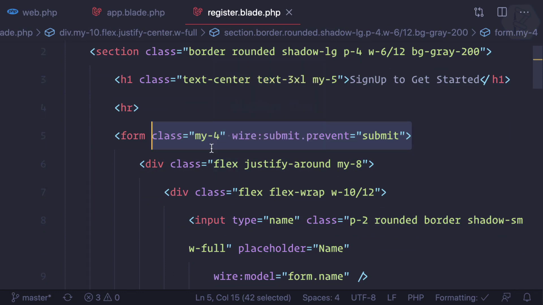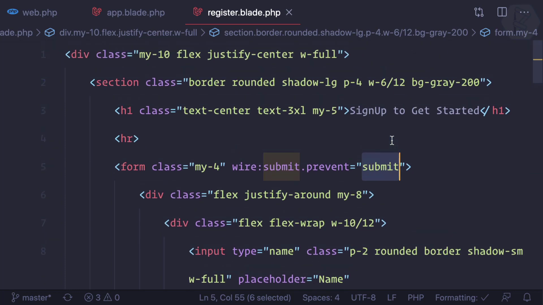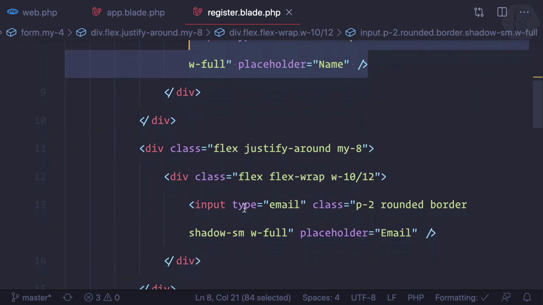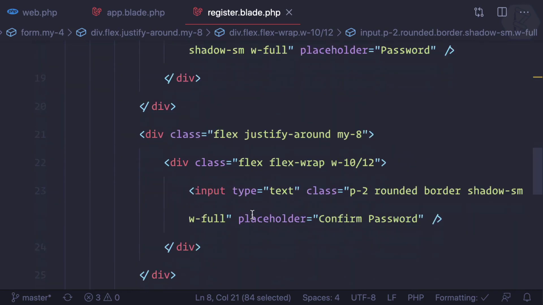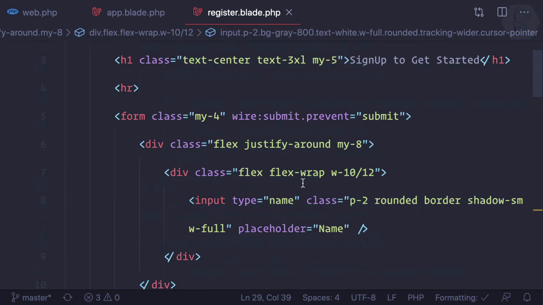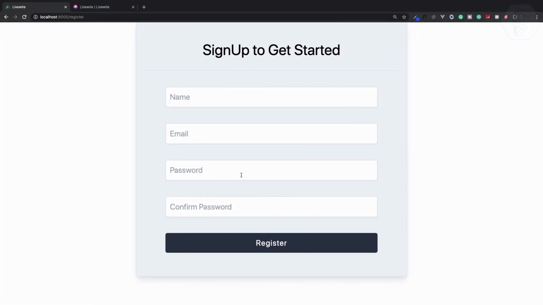In this form I have given wire:submit.prevent. This means we need to create a submit function in our register component. And then we have some input fields. So we have this input for name, email, password, password confirmation, and finally a submit input field which is going to submit this form. Okay, let's go here, and because this is a simple form, if I click on